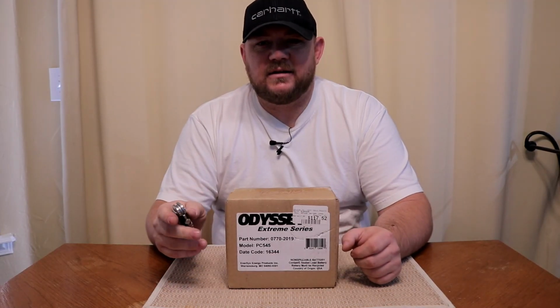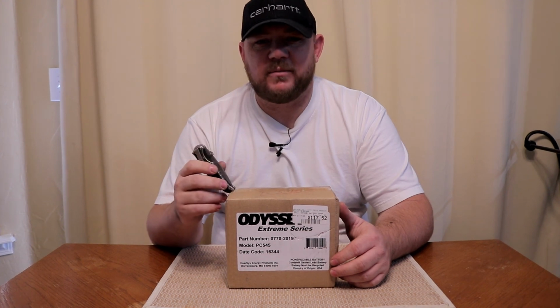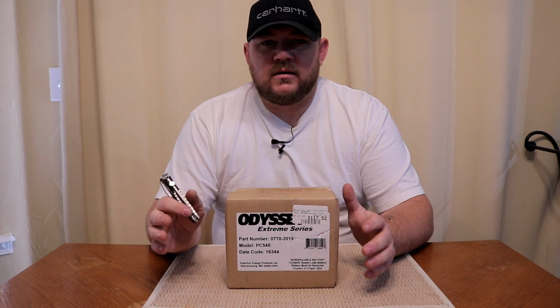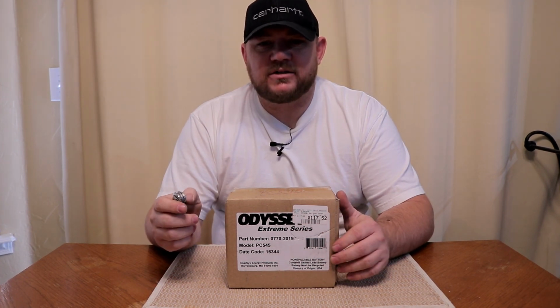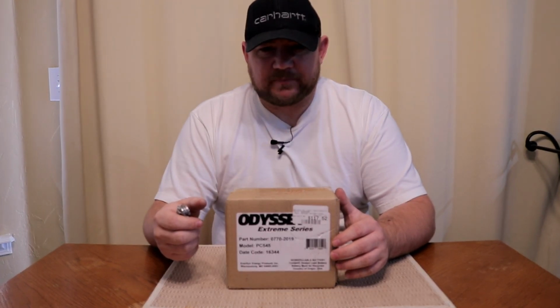So I've been having some starting issues lately, and you can correct me if I'm wrong or way out in left field, but I think that this new battery might solve my problem. Here's what's going on. When the temperature is really cold, I can't get the bike to turn over enough. It's like the oil is cold and thick, and it just can't turn the motor over enough to get it to fire. And so inevitably I end up flooding it,